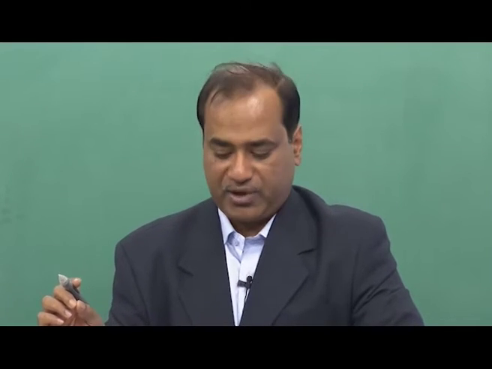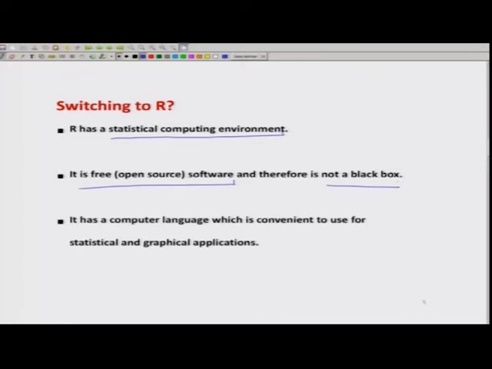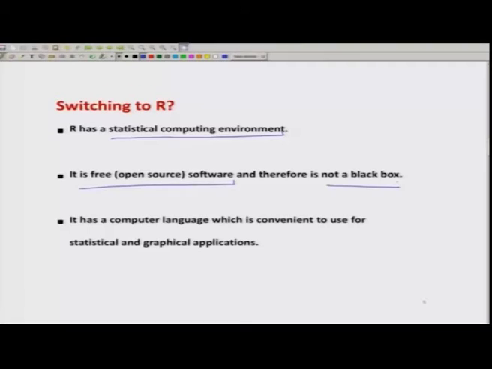But this is not true with R. It is not like a black box, but it is open source. It is uploaded on the website of R, and anyone can look into the program to see how the computations are being made. In this sense, it is open source.